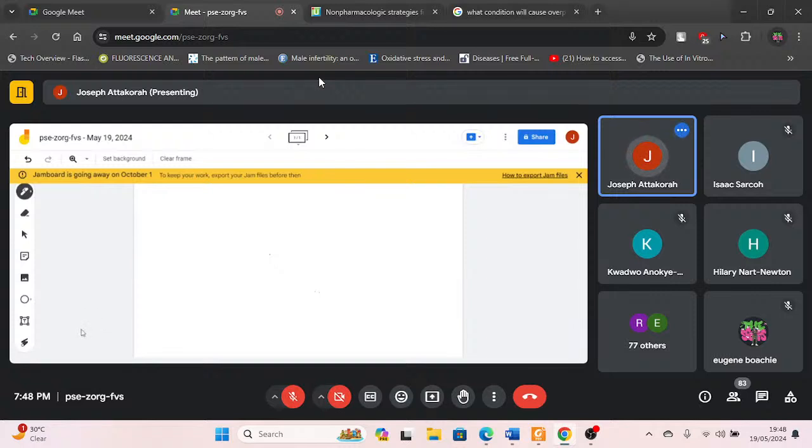So let's see. So I said that we have these purines, either from the diet, or from the cellular nucleoproteins or purine nucleotides. All these will be broken down to what we call,